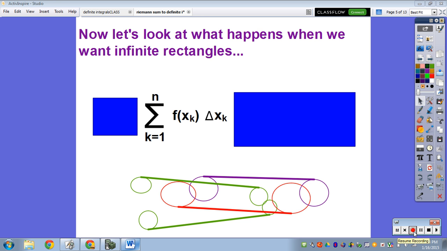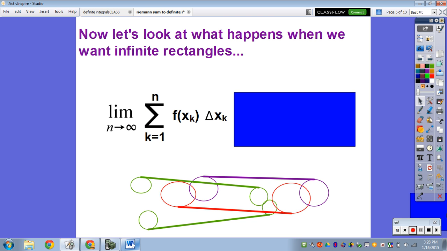Alright, so now let's look at what happens when we want infinite rectangles. So we have our Riemann sum that represents our rectangular approximation method, and what we're going to do is we're just going to write the limit as n approaches infinity out front. So what that tells me is that n, which represents the number of rectangles, is going to approach infinity, which means we're going to approach infinite rectangles. And so we're trying to get as close to the exact area under the curve as possible. And so when we put that limit out front, that's when it becomes a calculus situation,